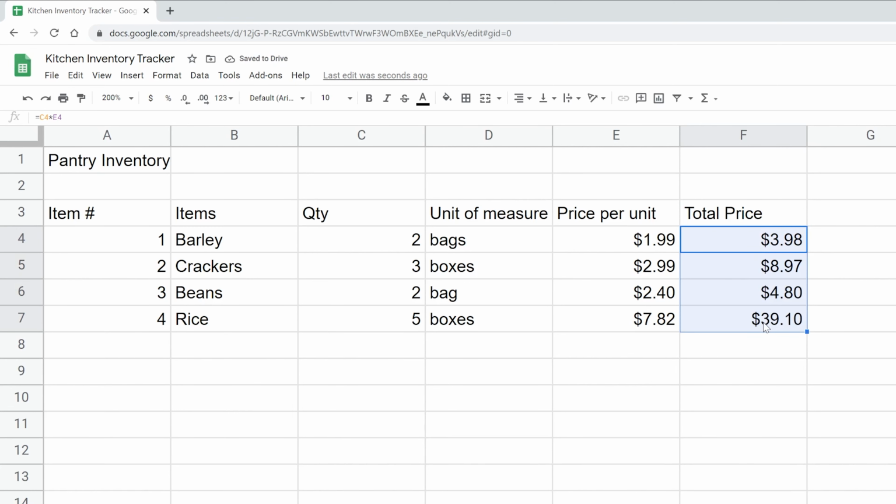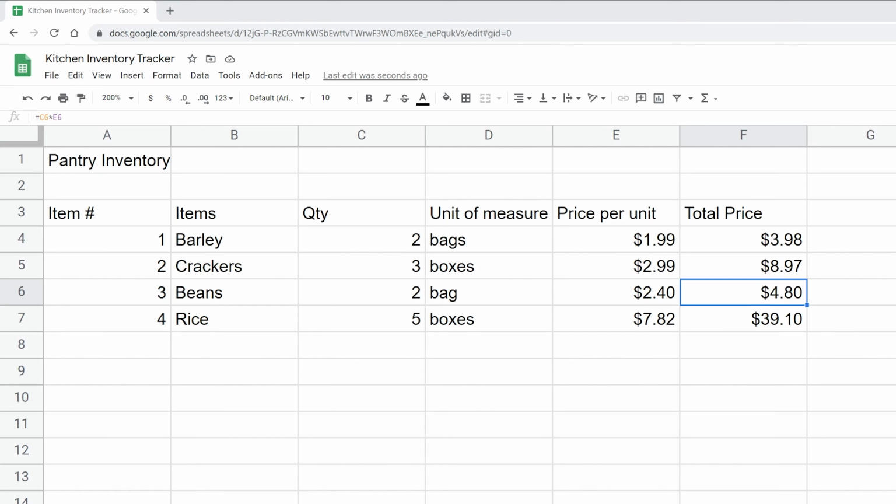So let's go down to the bottom. 3910 is the result of multiplying 5 times 782. So Google Sheets is smart enough that it increments the cell references down every time. So once you go down, it would say C5 times E5. You go down again, C6 times E6. It adjusted those formulas for you automatically, so whether or not there were 2 or 200, if you drag them down, all the cell references adapt.